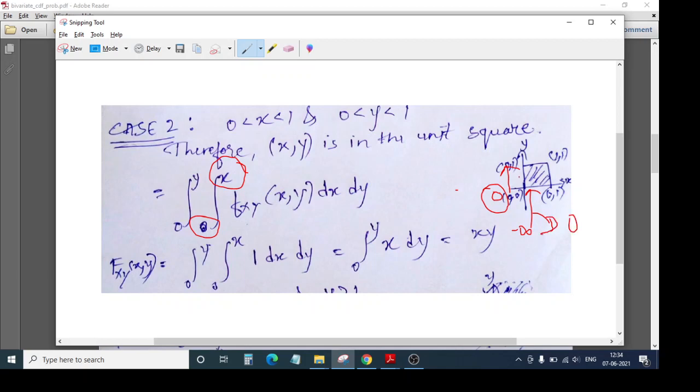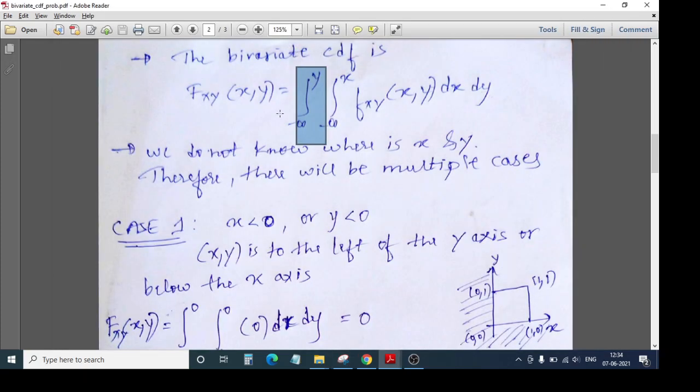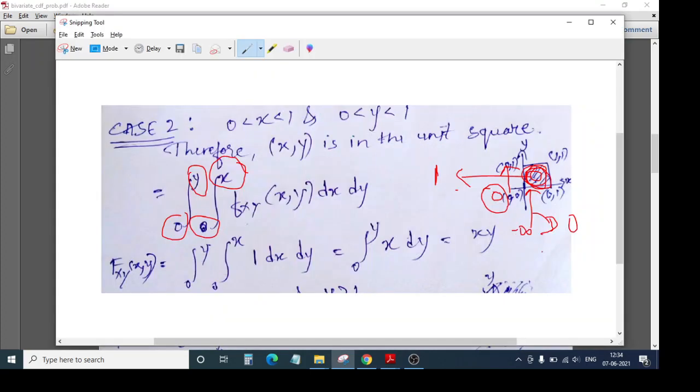And from 0 to y we have a value here, and what is its value? This value is 1. So the limits for y are 0 to y. I hope you are getting why these limits. You just need to split the formula, that is, minus infinity to y should be split into different regions. My first region is minus infinity to 0 till here. The next region is from 0 upward till y. So that's why we have written here from 0 to y.